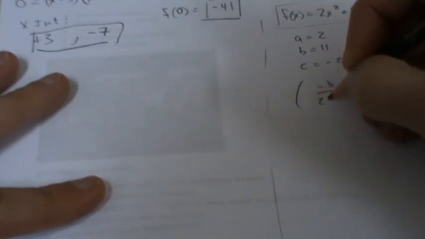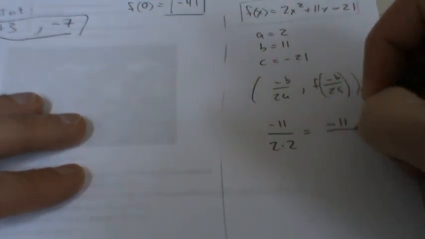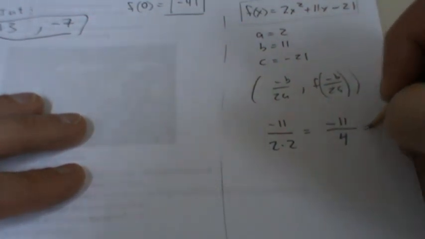Now, to find the vertex, it's a negative b over 2a, comma, f of negative b over 2a. So it's a negative 11 over 2 times 2, or negative 11 over 4, or